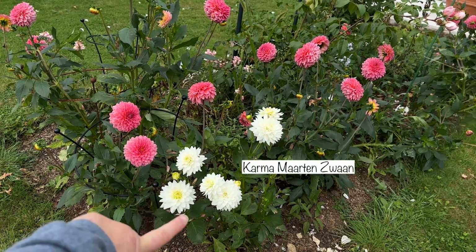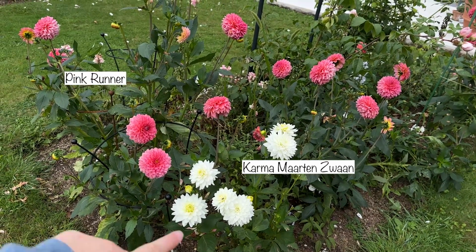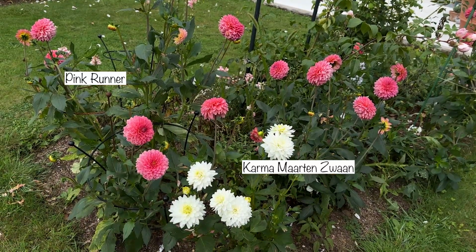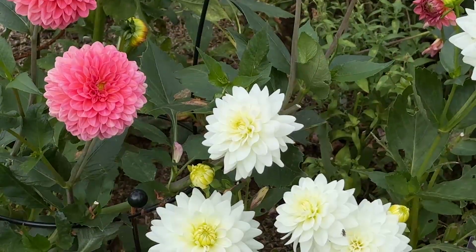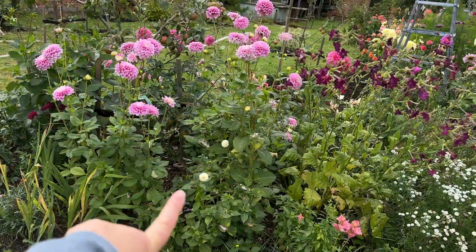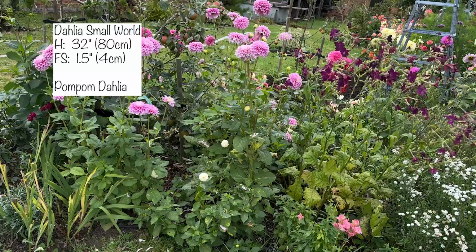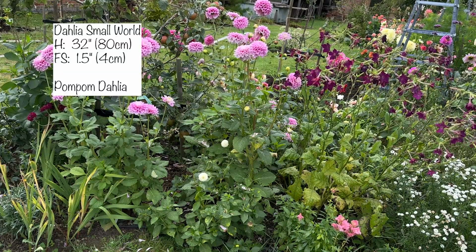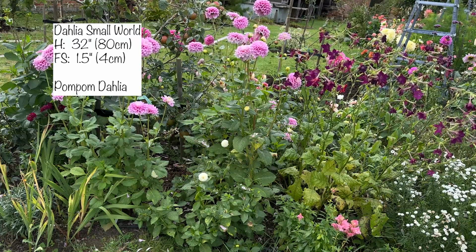So this is Karma Martin Swan with Pink Runner, and I think if I had more of the white it would look really spectacular, and maybe if it was planted slightly more densely, but I do think that these colours go particularly well. Down here at the bottom, this particular dahlia, now I bought this as Small World. Somebody once told me, I think last year, that it was actually Snowflake, but I do think it's Small World. It's a very, very small, tiny ball dahlia, and